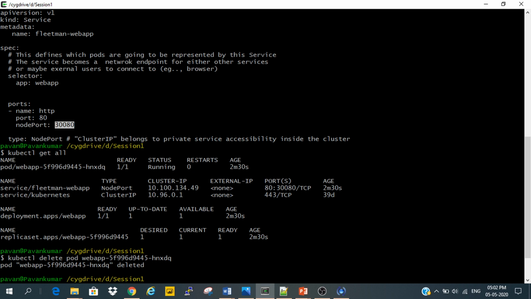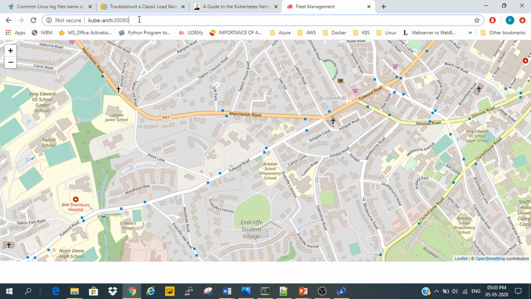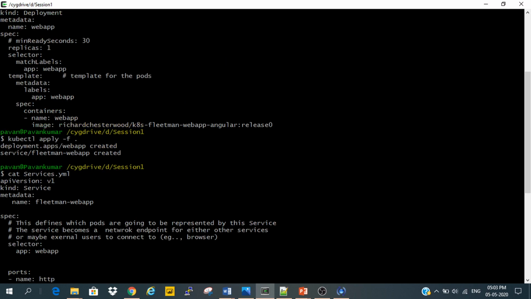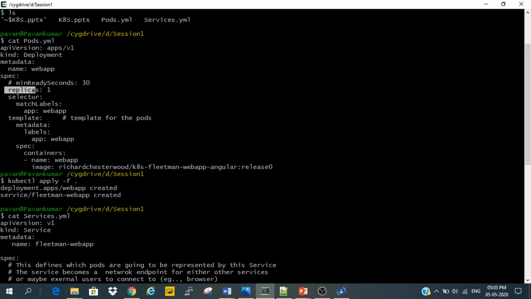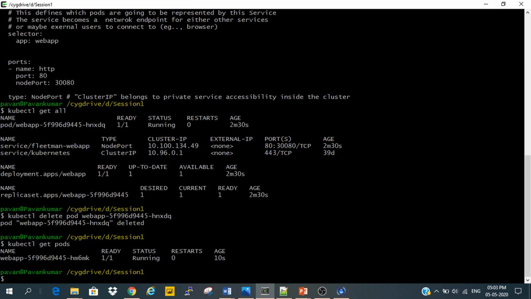However many times I delete, irrespective of the number of deletions, this application will never be down, because of this instruction, replicas 1.